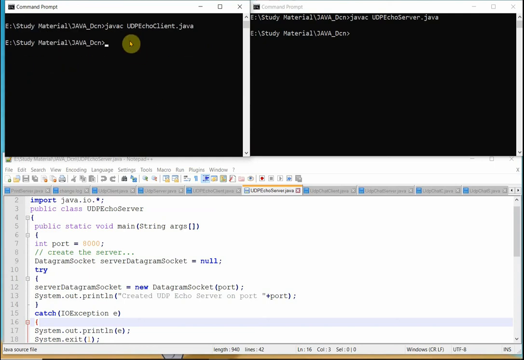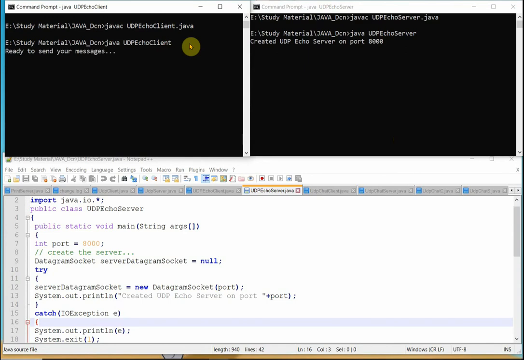First I compile, and then I run this. Before running the client, I should run the server. Press enter in the server. It shows what port number I have entered in the program. Okay, I have run the server.